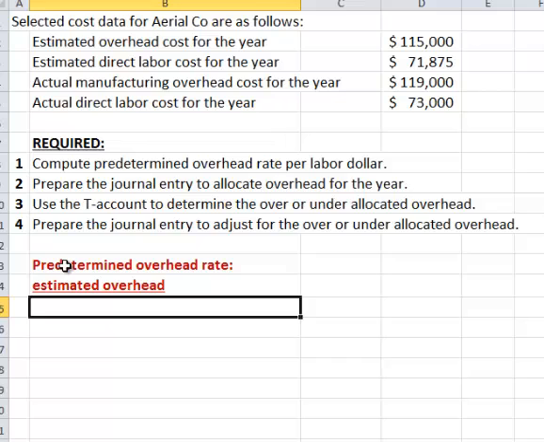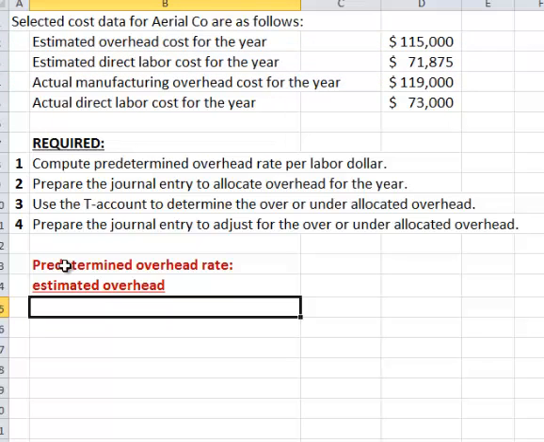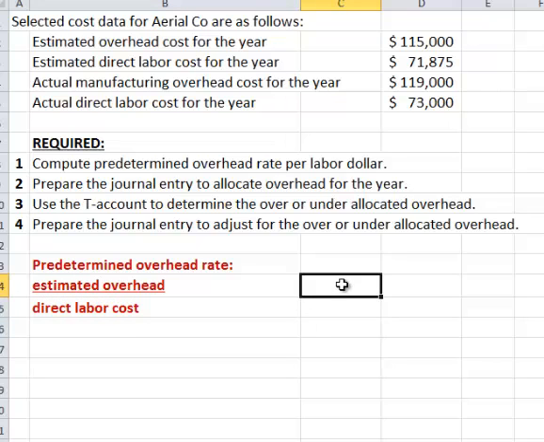Here, the only thing they give you is direct labor cost, so they don't give you any choice. They don't give you direct labor hours and direct labor cost and materials managed or something like that, and so they would have to tell you which one they wanted to use, but here, since there's only one, we will have to use that, and that is direct labor cost. Okay, so estimated overhead is the 115, and direct labor cost is that 71,000 thing there, and so the rate would be